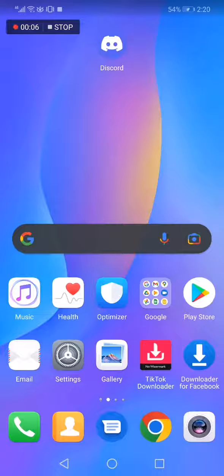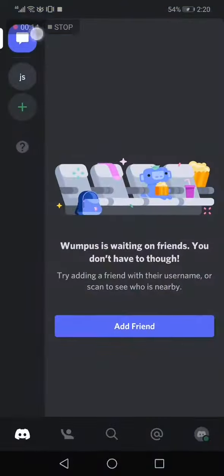Hello guys, in today's video I'm going to show you how to add text channels to your Discord server easy and fast. So all you have to do is go to Discord. Now this is the home page, as you can see right here. Go to your server